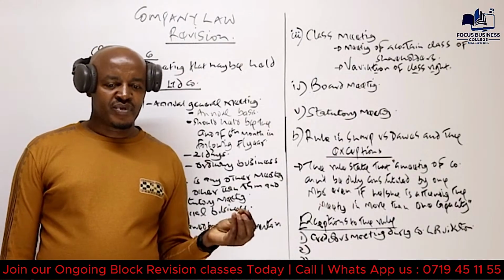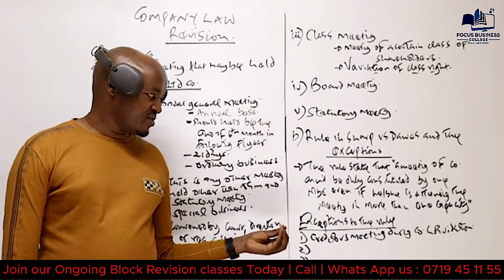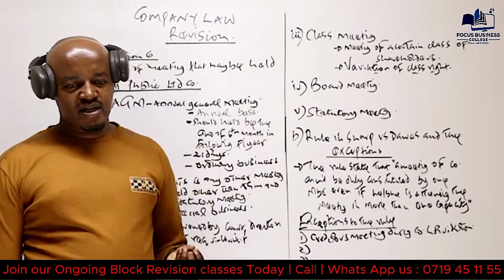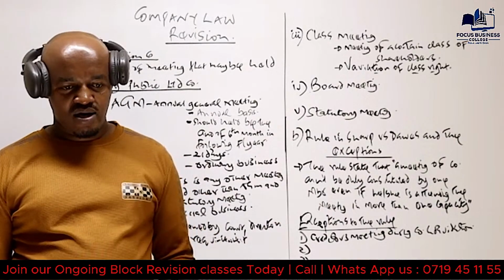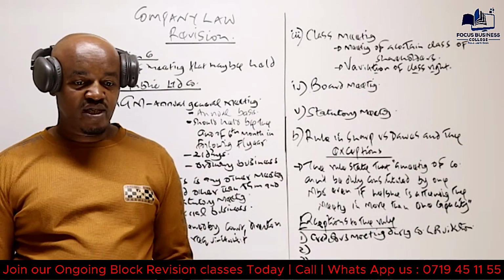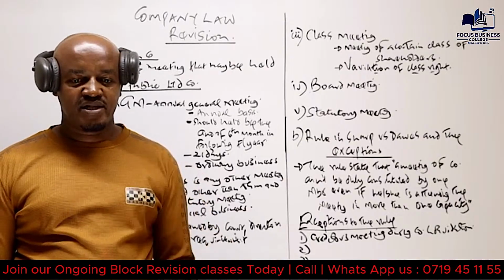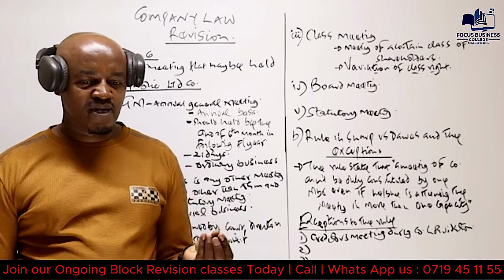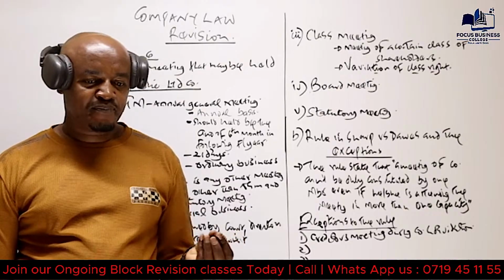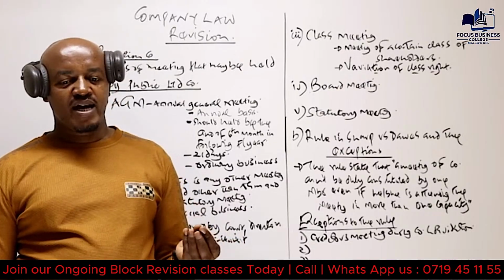One of the main objectives of these meetings is for the creditors to be able to prove their debts, because if, for example, by the time the company is liquidated, you're claiming some amount of money from the company as a creditor,